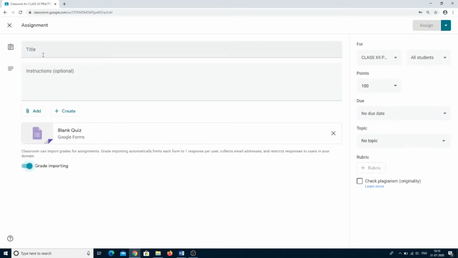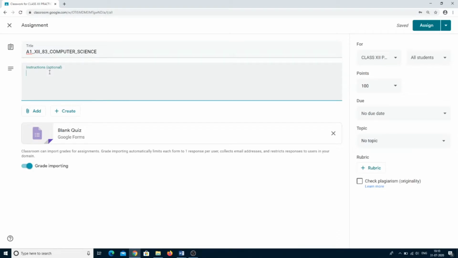Now you can provide the title here. The same title you can continue here: A1, class, subject code, subject name. You can give some instructions here.